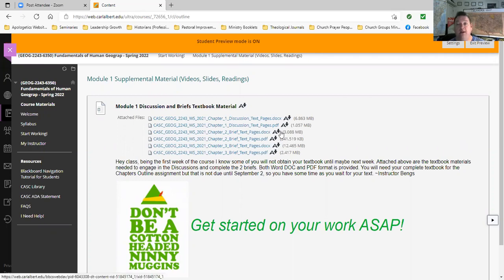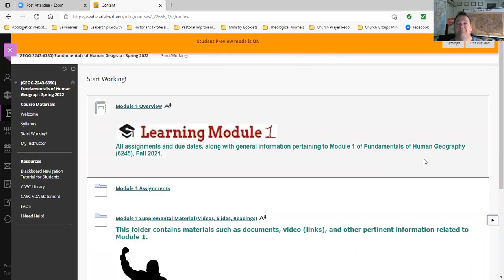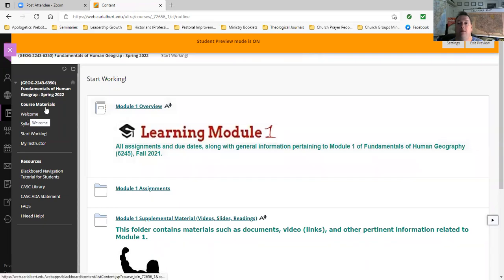So you can start working on your discussion and your briefs if you don't have your textbook, because I have all the pages right here. And that is in the module 1 supplemental material folder. Any questions from you two that are watching? All right, and of course,